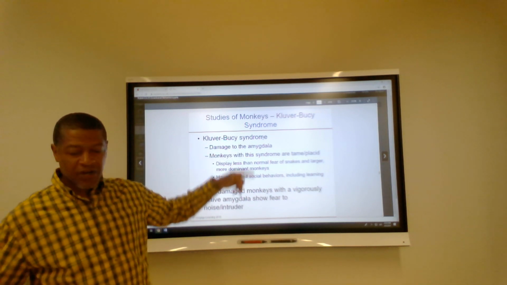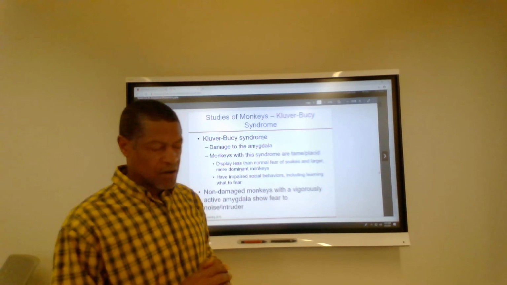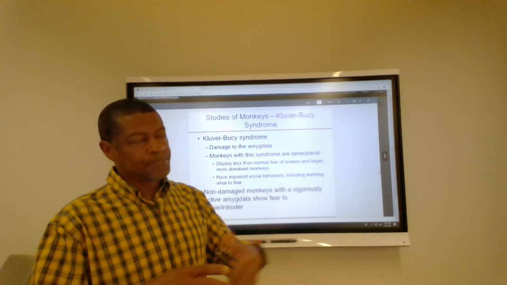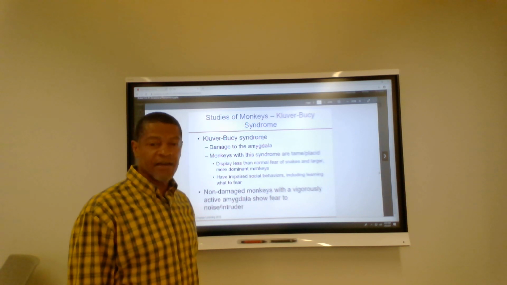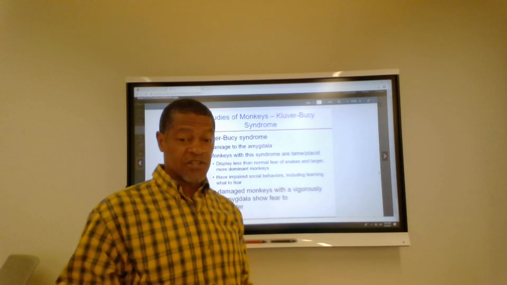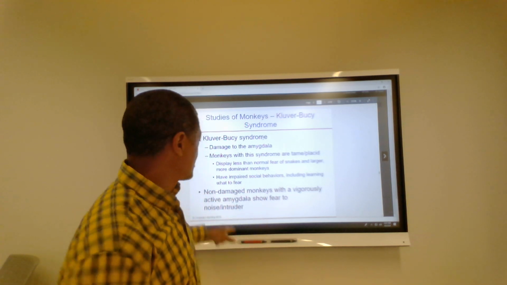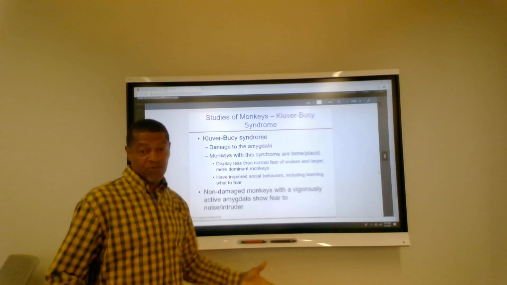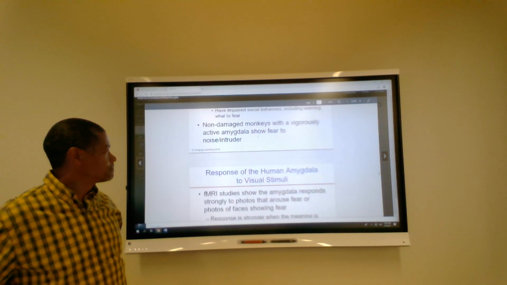So there's a syndrome called the Klüver-Bucy syndrome. See the word Klüver-Bucy, named after some researchers. Notice these animals who had the amygdala removed, really monkeys. They had a syndrome where they became tame and placid after a while. If you had some fire, they would put their hand in fire. A snake. Monkeys are usually scared of snakes. They pick the snakes up. So they noticed that the impaired amygdala caused them to not really have any real fears that they were associated with anymore. That's a syndrome. Klüver-Bucy syndrome. Know that?